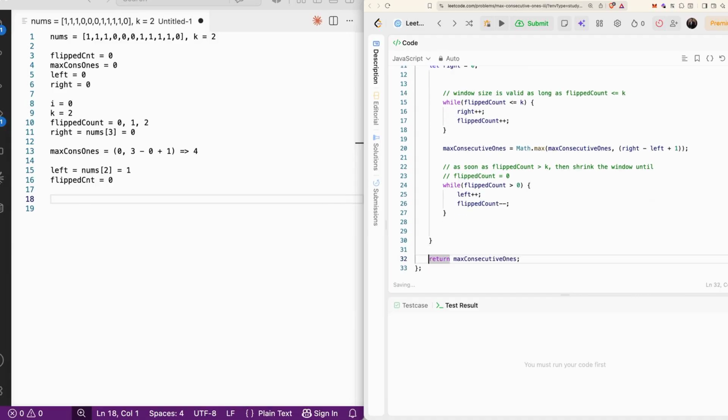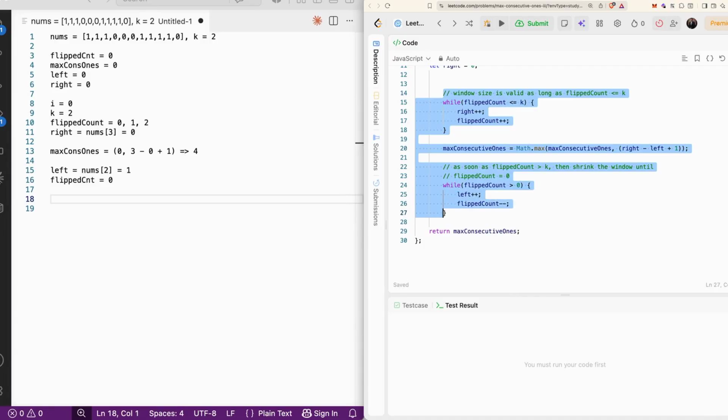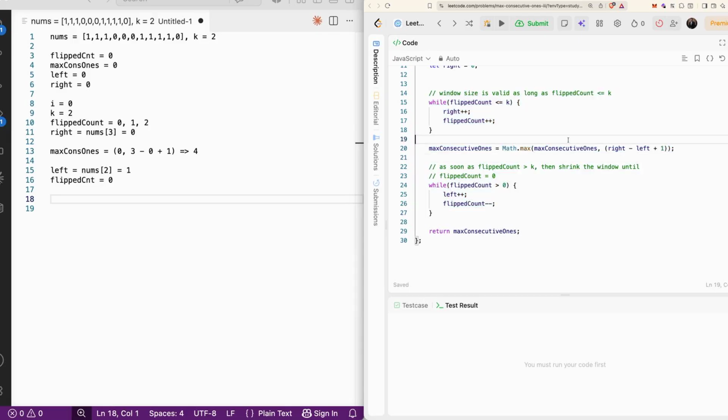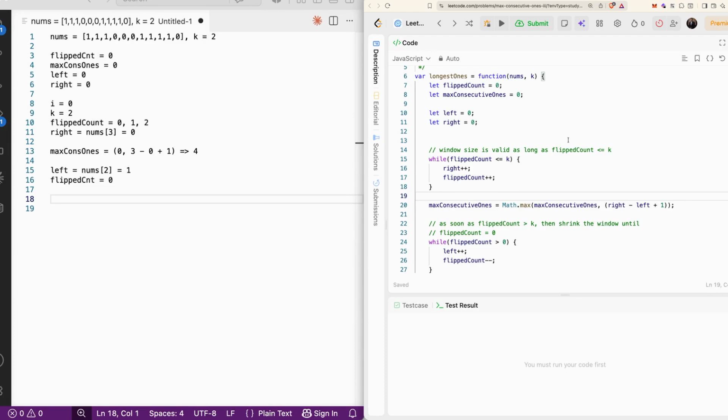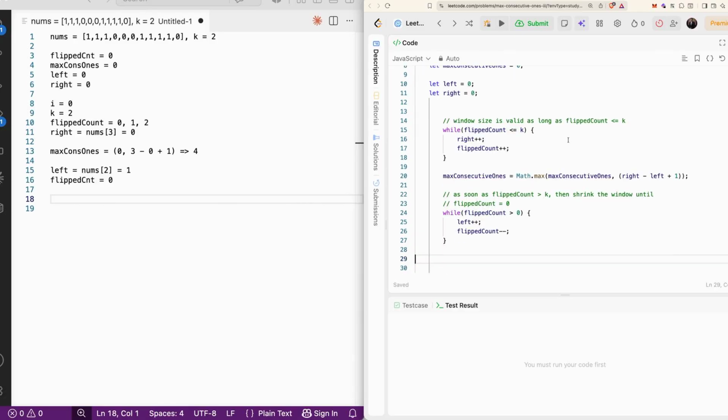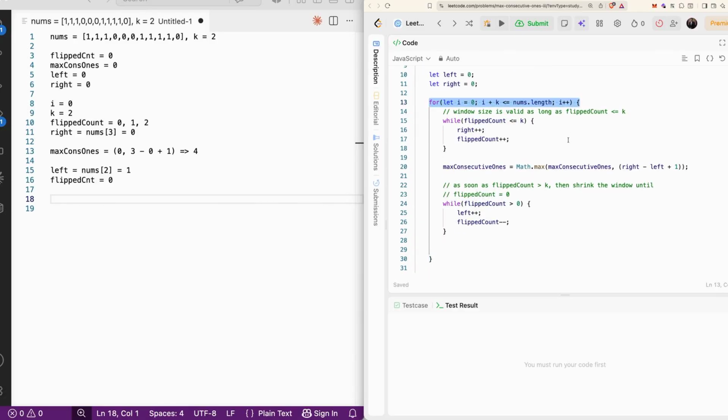We will have 2 while loops. But no, we must need a for loop because